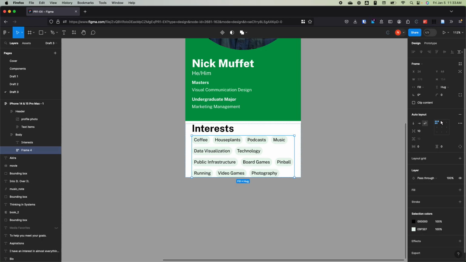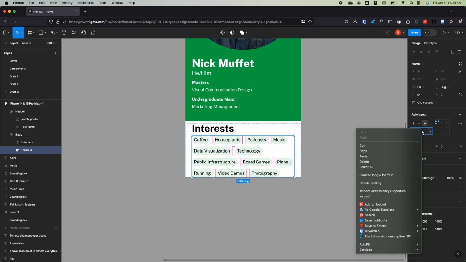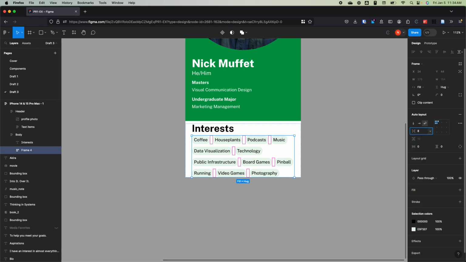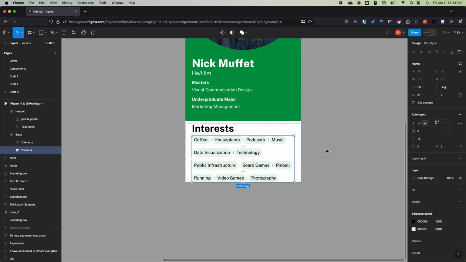And then because they're wrapping, once this chip hits the end, because it's too large, it bumps down to the next line. These are set to, so you control the vertical and horizontal padding here. To stay in those intervals of 8, what I could do is set the horizontal gap between things to 8. And we could set the vertical gap to 16 if we wanted to differentiate between